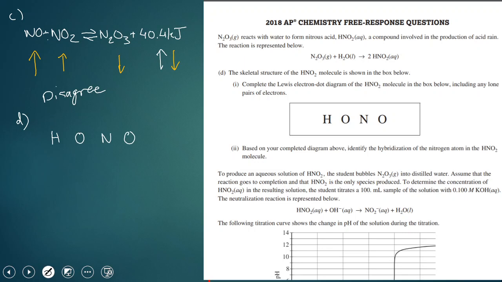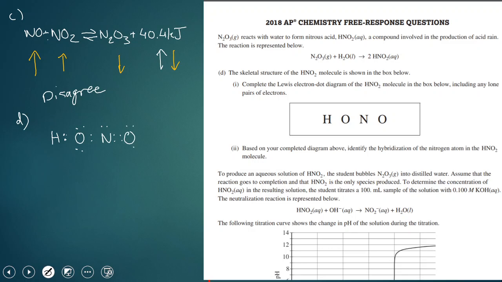So think about how exactly we're going to do this. Now we can do this with our valence electrons method where we try and assign, or we can just reason our way out of it. And so what we know is that between H and O there's going to be one pair of electrons. Now oxygen is going to have its two lone pairs and it's going to have one bonded here. Nitrogen is going to have its one lone pair, and nitrogen can form three bonds, and so we're going to